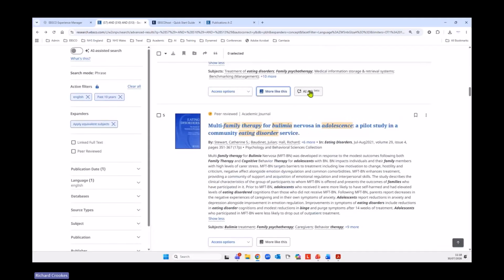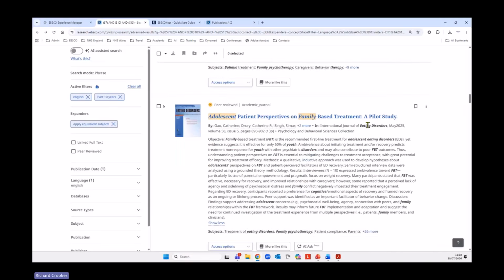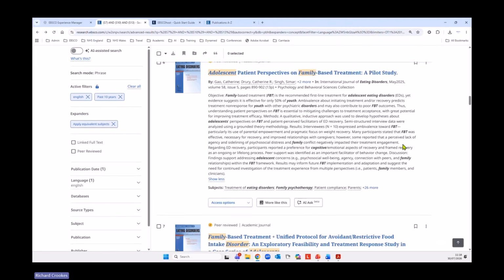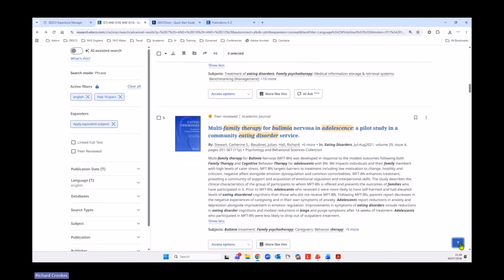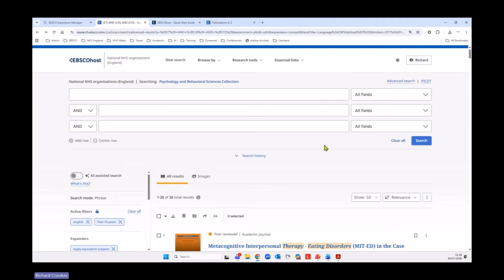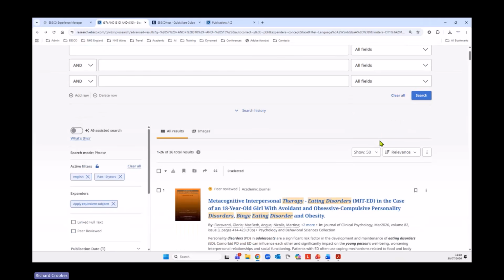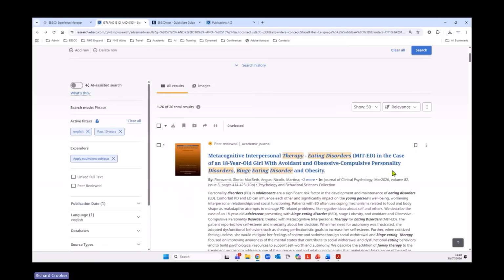Again, the AI Ask option is available for this article, as you can see, and also for others where appropriate as well. Okay, so let's see. Obviously, if you're looking to save references, we've only got 26 references here, so you can select these. Typically in the past, you would select up to 50. You now can select up to 500. Of course, we've only got 26 in any case, so this would suffice. But if you were to select this and choose 500, you would,